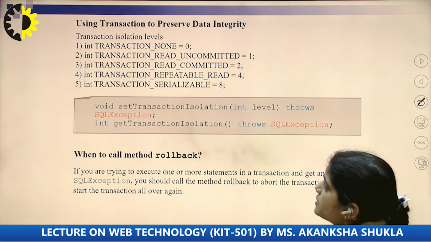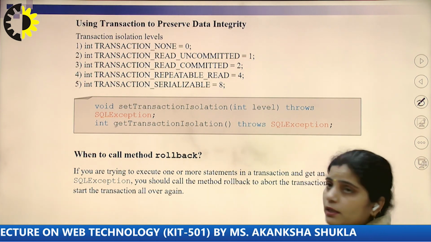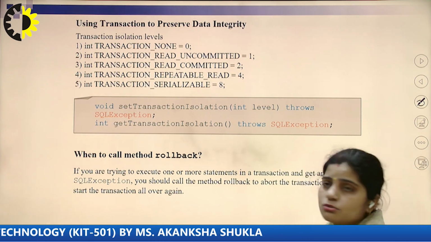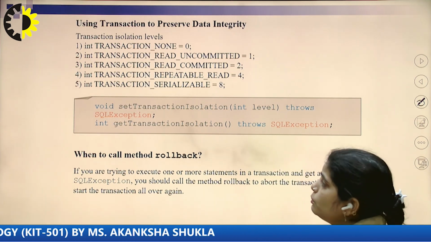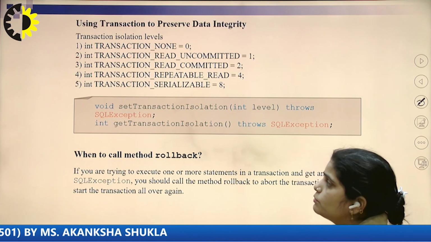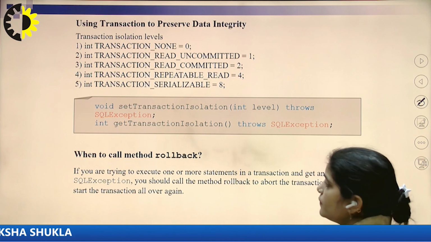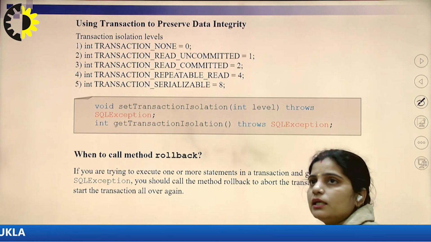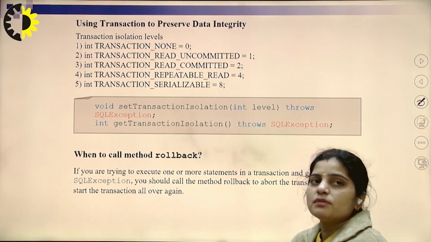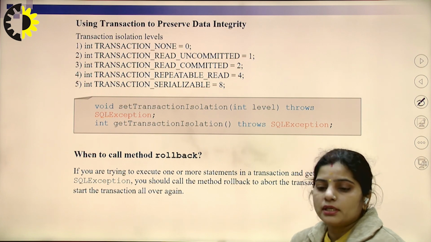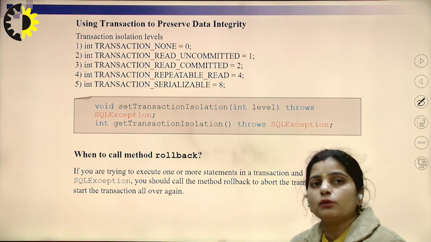So void setTransactionIsolation, you provide the value int level, and it throws SQLException, and then int getTransactionIsolation also throws SQLException. Basically, a transaction is a set of statements which are executed together, and there are some properties which have to be fulfilled for a particular transaction.